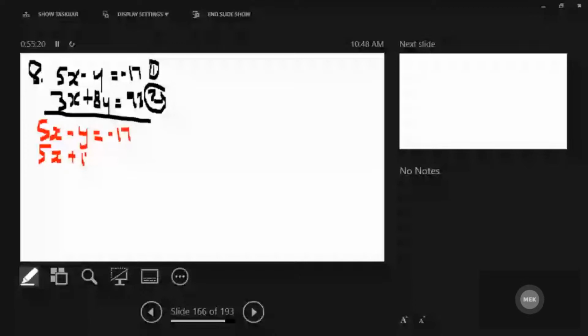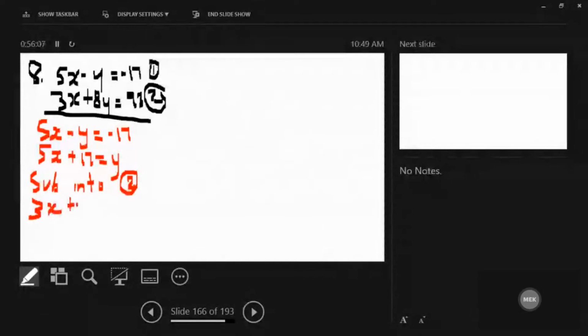So wherever we see y in equation 2, we're going to put 5x plus 17. So substituting that into equation 2, we're going to have 3x